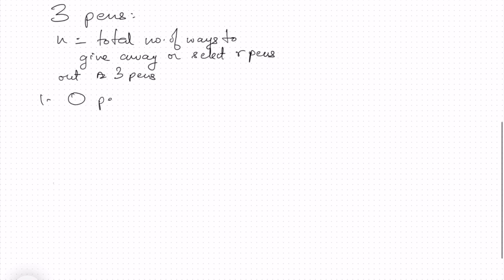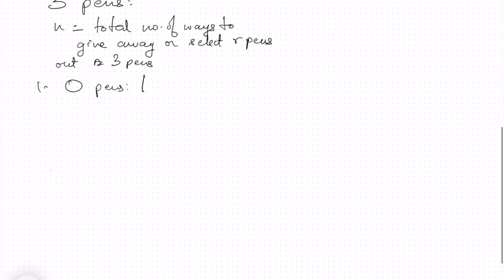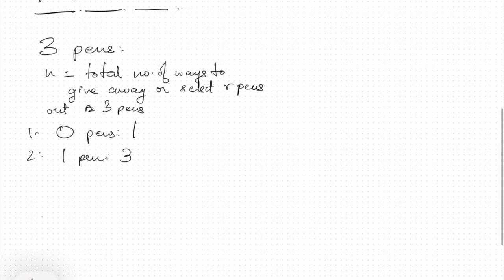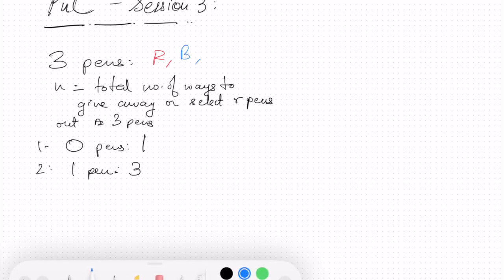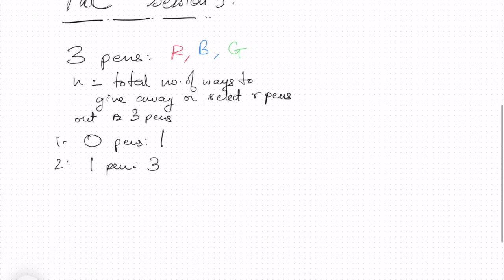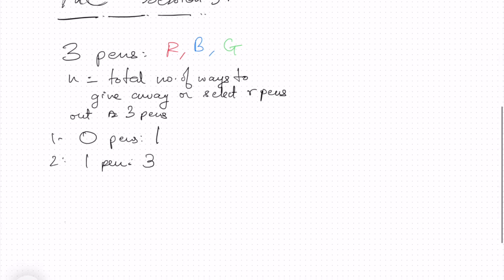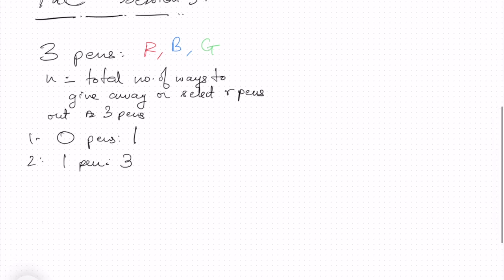first possibility is 0 pens. So this is just one possibility, that we don't give away any pen. Second is 1 pen. So there's 3 possibilities. If say the pens are of different colors, like R, B and G. Right, so these are 3 distinct objects again that we're dealing with. Remember the definition for the factorial, it involved the word distinct, and the same applies in these cases. So 1 pen can be given away in 3 ways, either red or blue or green,